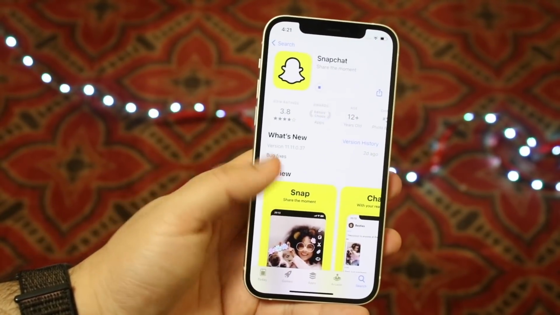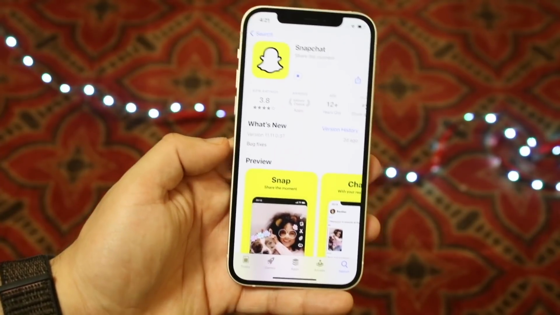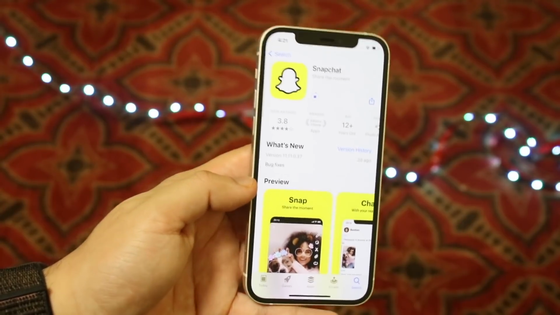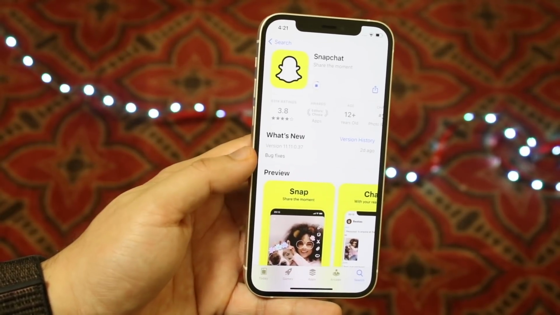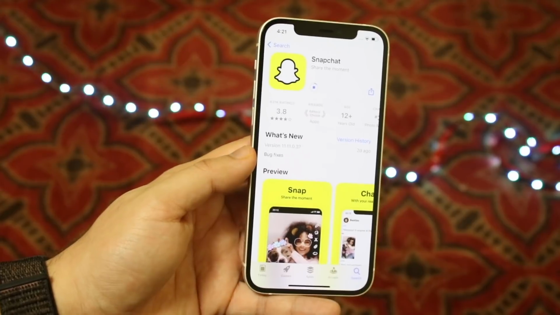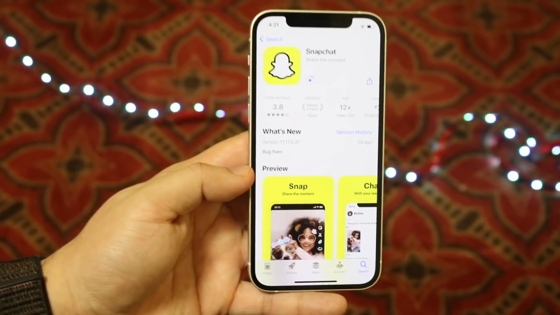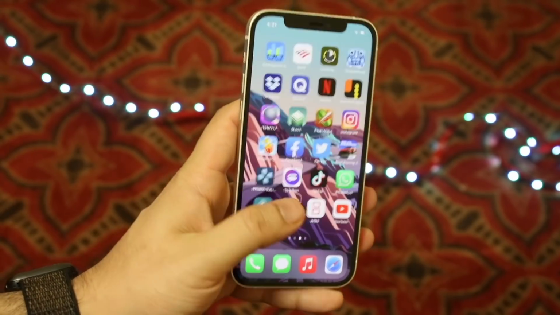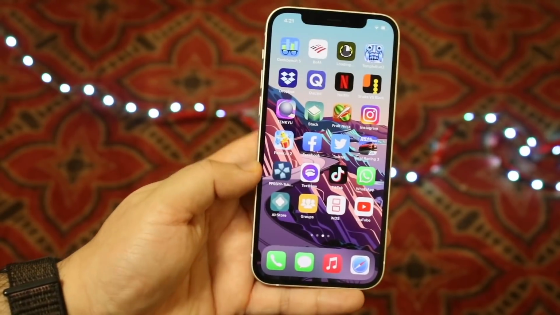Now there's a chance you're on a super outdated version of Snapchat. So you want to be on the most up-to-date version of Snapchat that you can possibly get on your device. And as you can see, it'll take a couple seconds for it to fully install on my device. I have really bad Wi-Fi, but that's the very first thing I would recommend doing: update your Snapchat, then try to go back into Snapchat and see if that ended up fixing